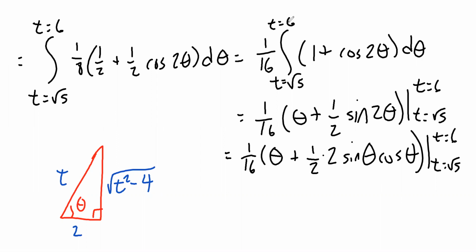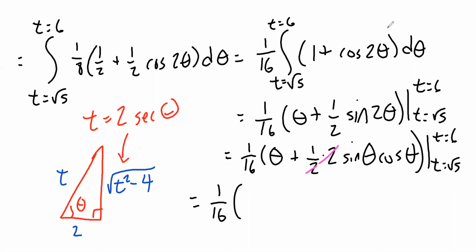All right, the 1/2 and the 2 cancel. So that's good. But what about the theta and the sine theta and the cosine theta? Well, what was our substitution? Our substitution was t equals 2 secant theta, I believe. Yeah, that's the substitution I would use there. And so if we solve that for theta by dividing by 2 and doing arc secant, we would get theta equal to arc secant